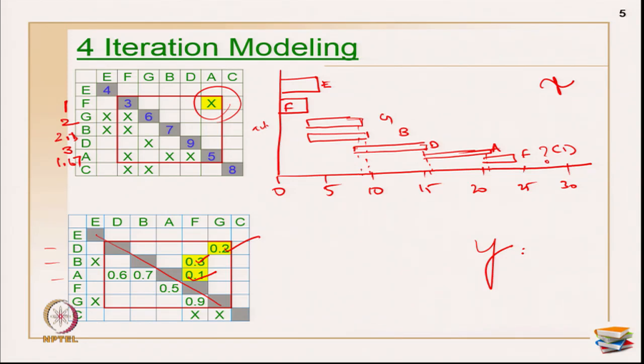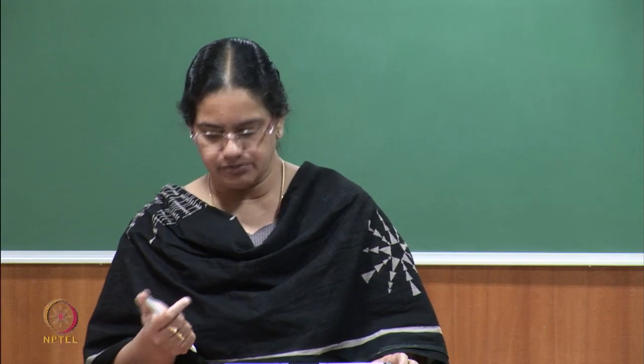Primarily, what happens is you can do this combination. If you are doing iteration modeling, you can also skip the tiering process, and you can do the iteration modeling immediately after your partition DSM is done. That is also an option. You can evaluate all your activities. How many activities are there? 5 activities are there. So, 5 factorial combinations you will get. All these 5 factorial combinations with different sequences you can evaluate, and you will get the minimum duration, which you can choose as your preferred sequence. That is also one way of doing your scheduling with iteration modeling.